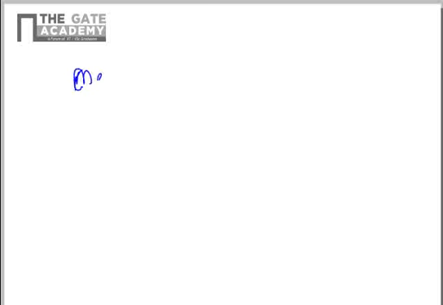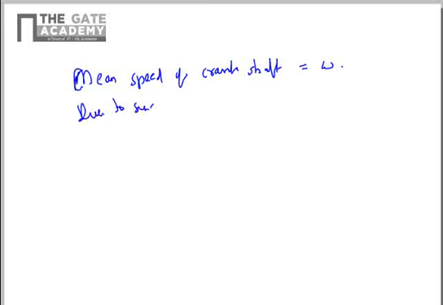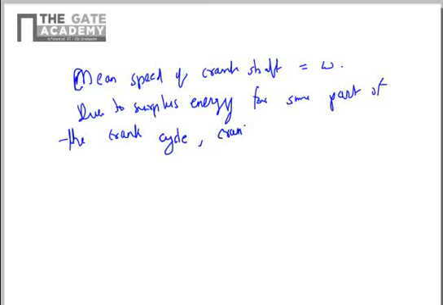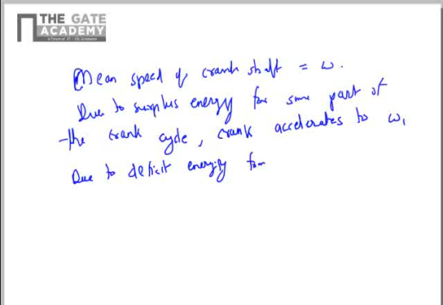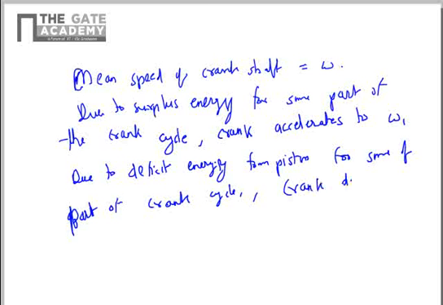So let's say the mean speed of the crankshaft, that is the design speed of the crankshaft, is omega. Due to surplus energy for some part of the crank cycle, the crank accelerates to omega 1, and then due to deficit energy from the piston for some part of the crank cycle, the crank decelerates,